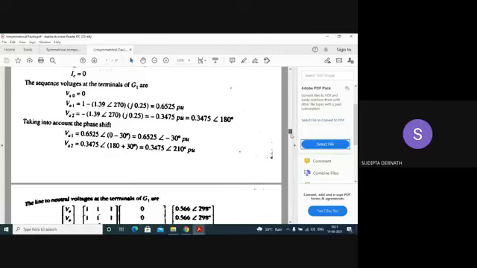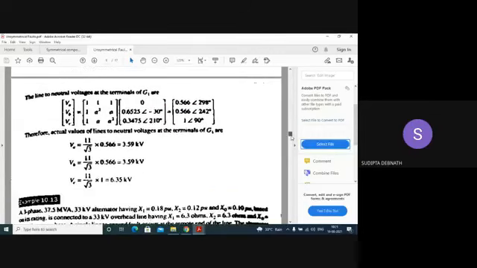So this is a typical problem where the phase shift has been used, and multiplying by the phase voltage, they have found out the values in volts. Is it clear? I can understand it will not be very clear just listening and observing. You have to sit with a pen and paper and then you will be able to understand. Okay. So if you find any problem, you can contact me.